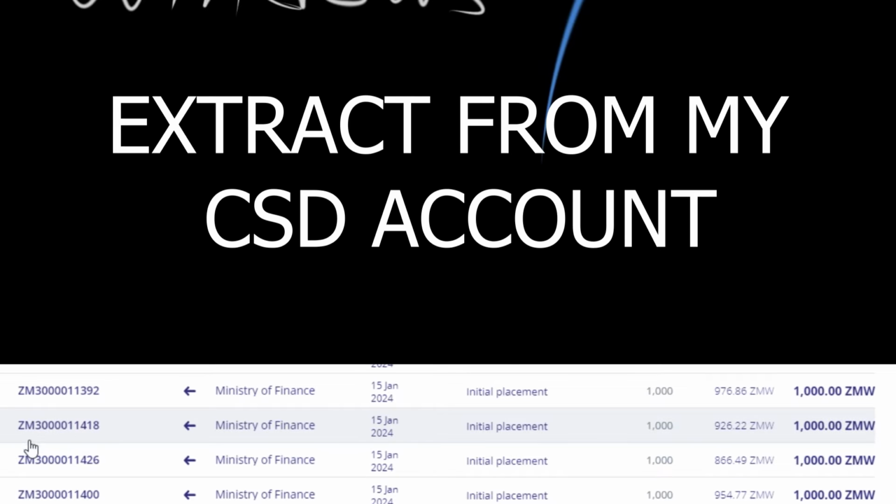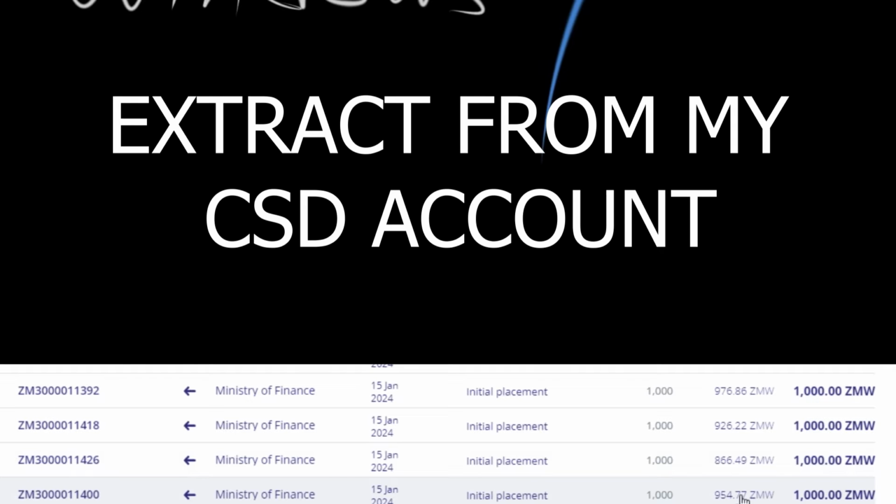30,011,392. This was the first treasury bill I got. Then this other one also has got the serial number of 30,011,418. This one on top was for 3 months. When I got a treasury bill for 1,000 for 3 months, this is the amount that was deducted from the bank,